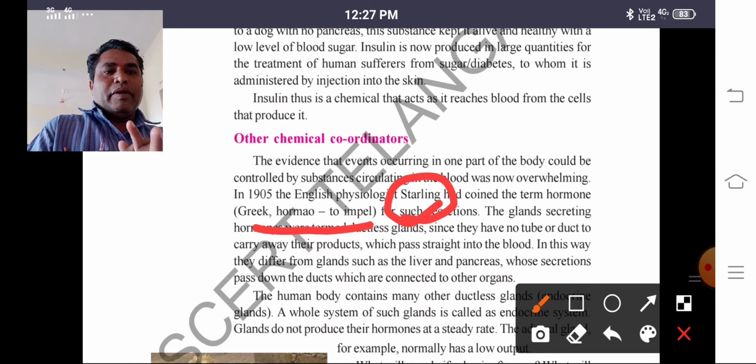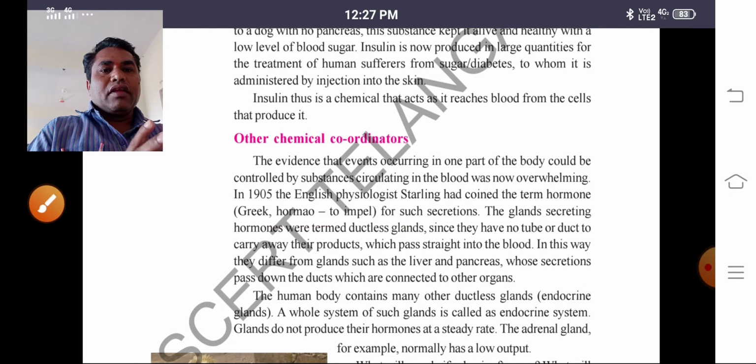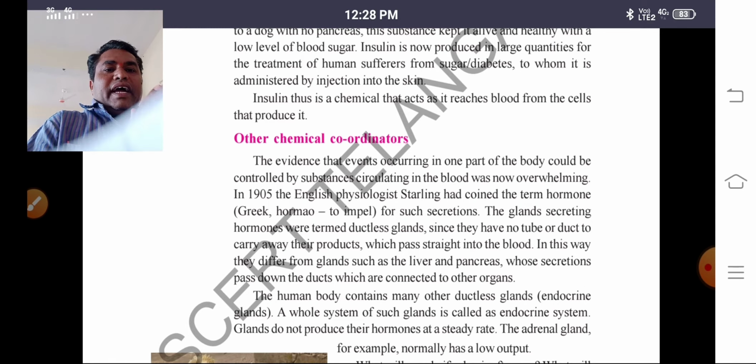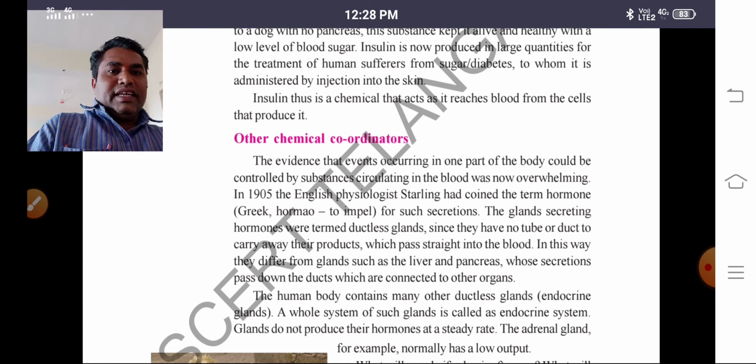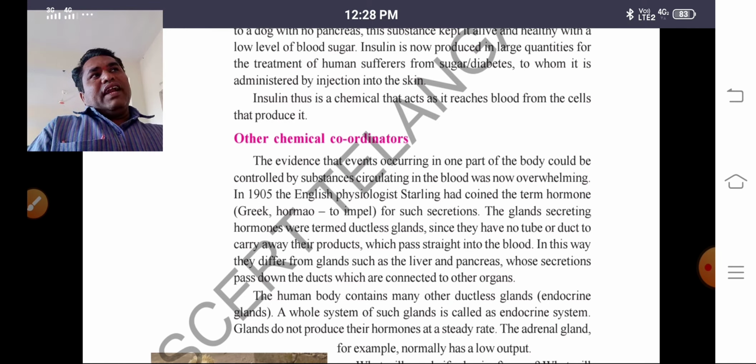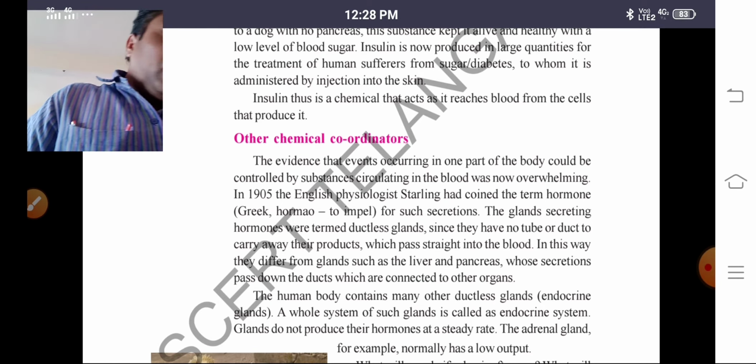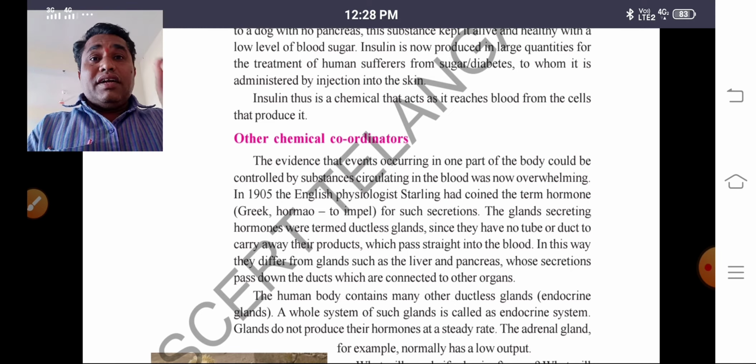So the hormone name was given by Sterling. This is you have to keep in mind. The glands secreting hormones were termed as ductless glands. So whatever glands which are present in our body, they secrete hormones are called ductless